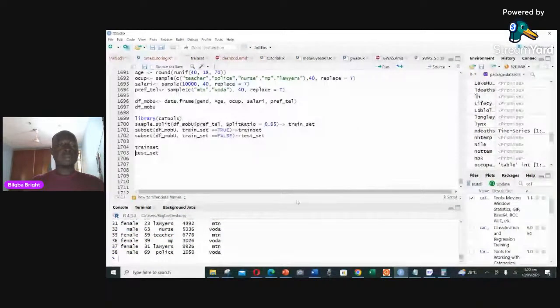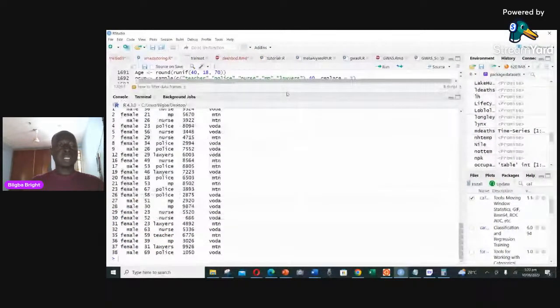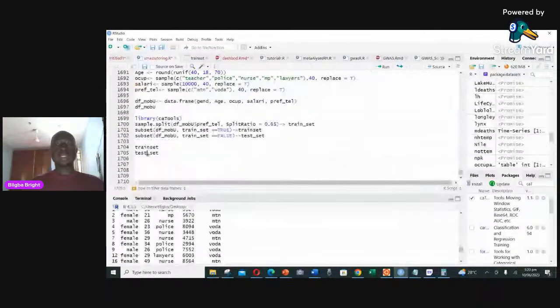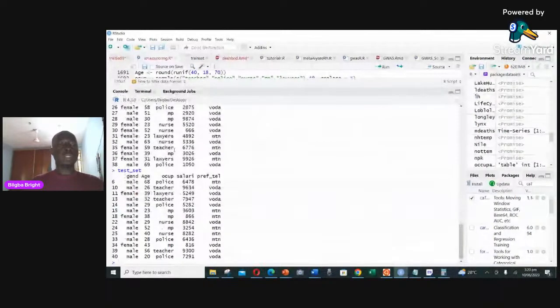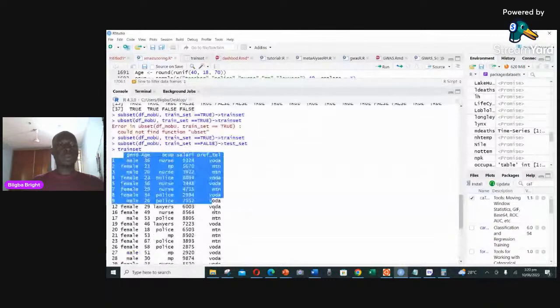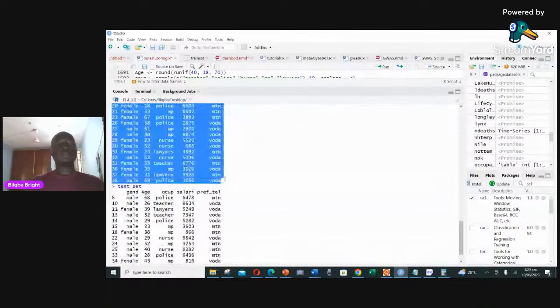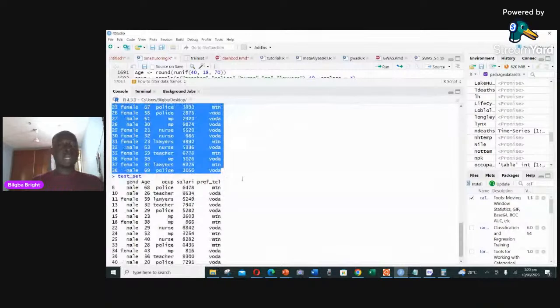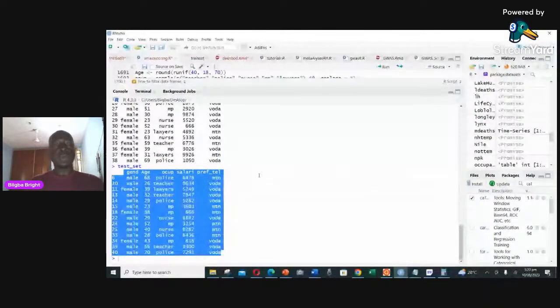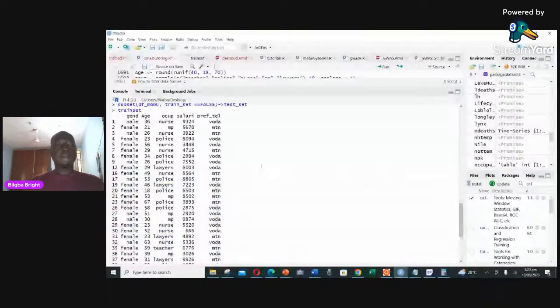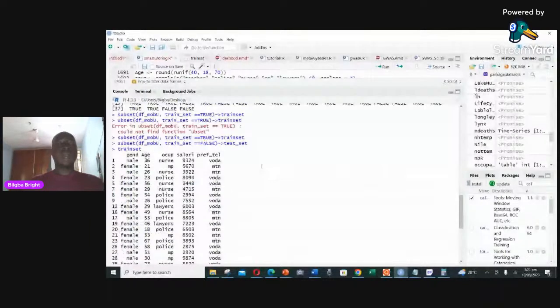it has sampled the data. 65% of the data has been sampled here. Now if I print out the test set, you can see that this is the test set. So I'm going to use the 65%, which is on top here, up to this point, to train my model. And after that, I will use this last part to test the model to see whether it works well or not. But all I'm going to do is find out